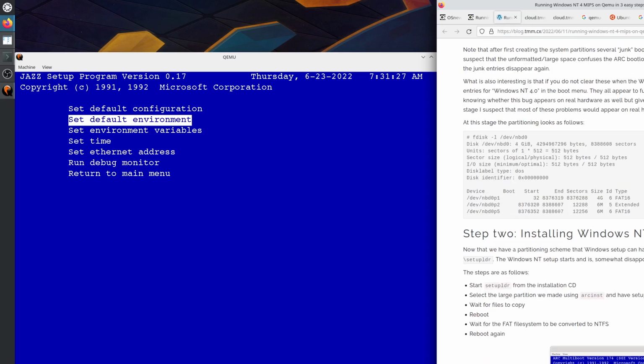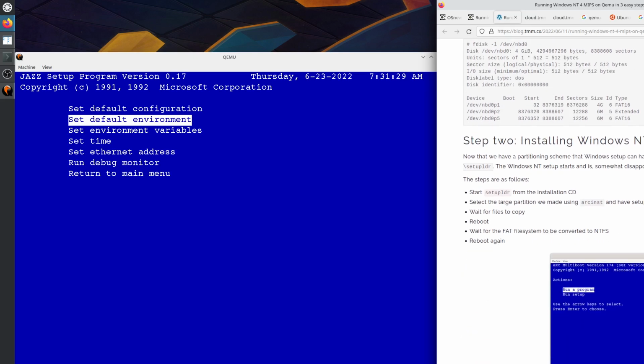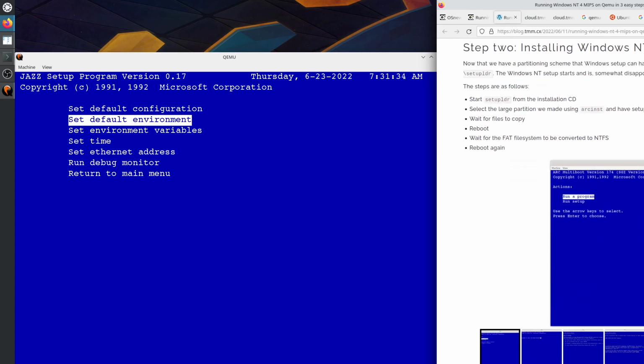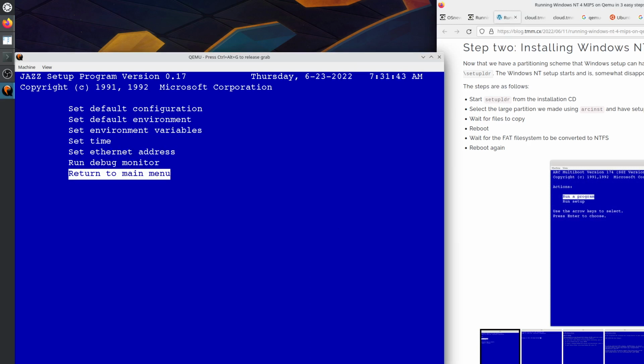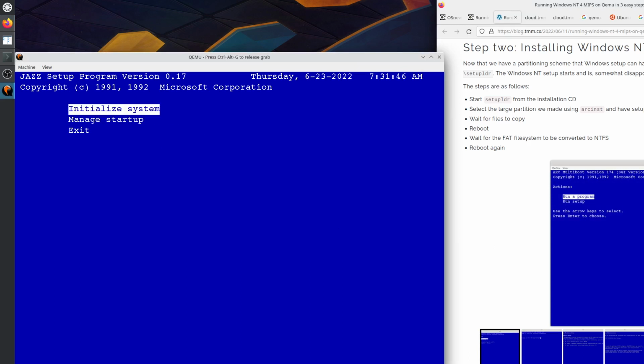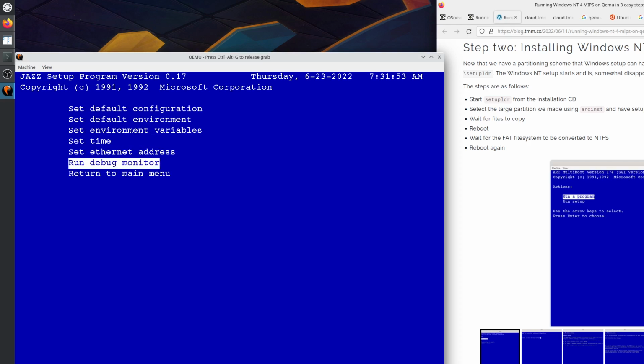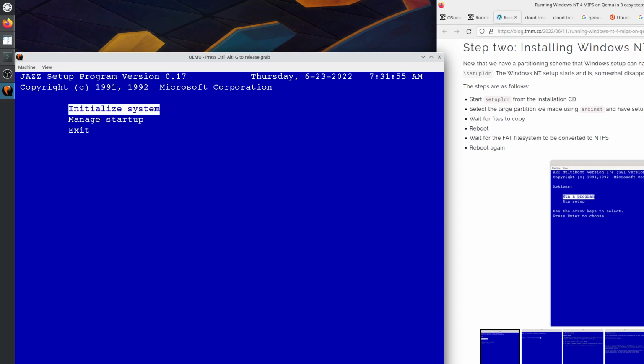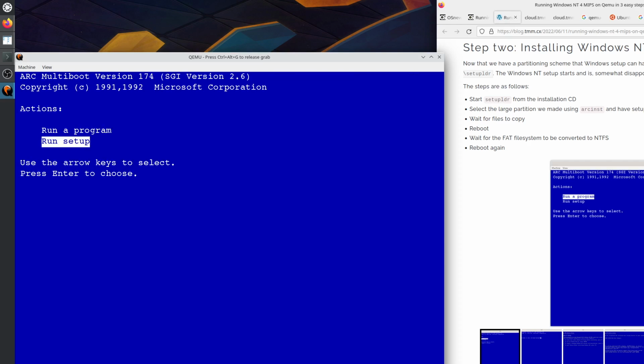Run setup. Okay. Run the second program, which is